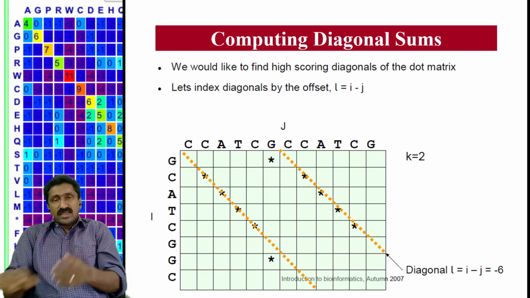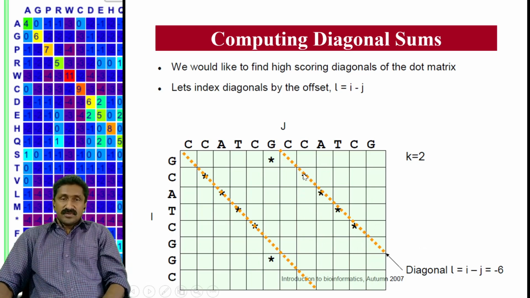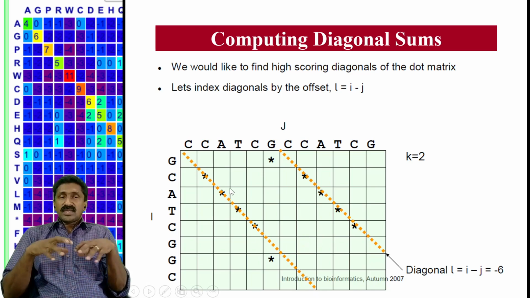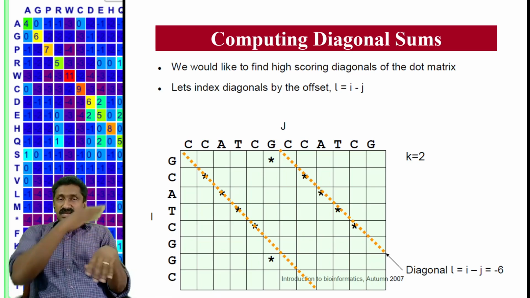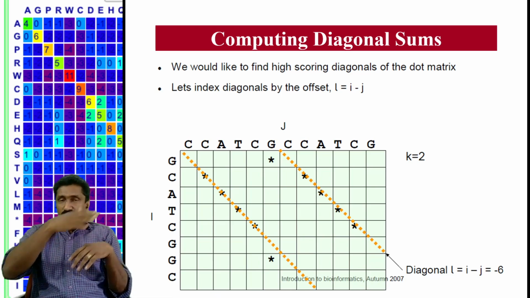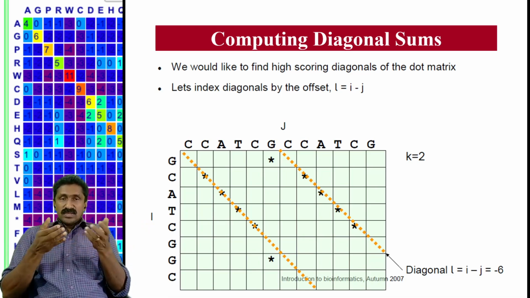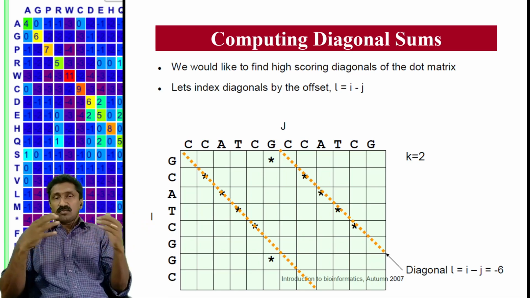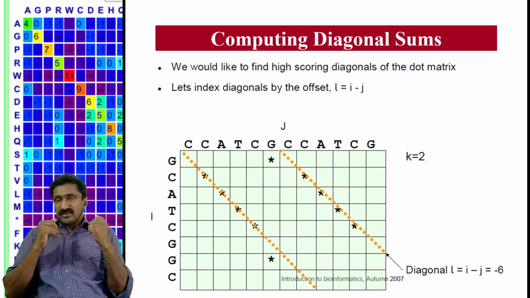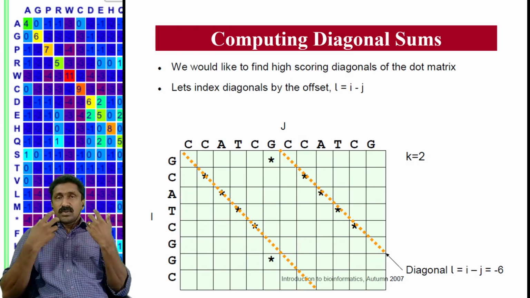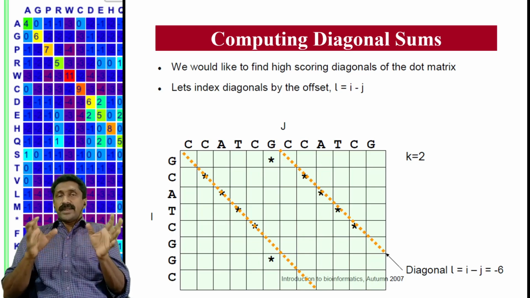And if your diagonal is only, for example, a 4 nucleotide length, compared to the score which is given to this one, a 16 nucleotide diagonal may be represented at some point, that needs to be scored with a higher value. So that means that region is actually matching for a longer region. Okay. So best diagonal means the maximum number of matches will be there in that diagonal. That needs to be identified, and that is based on computing the diagonal sum. So if you can find the diagonals with the maximum diagonal sum, then they are the best aligned regions.